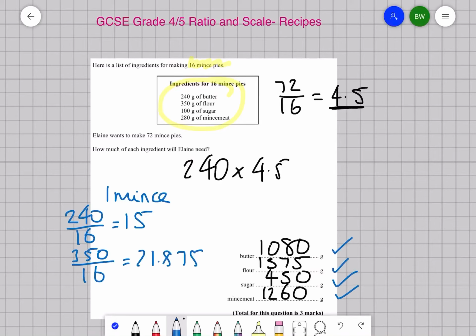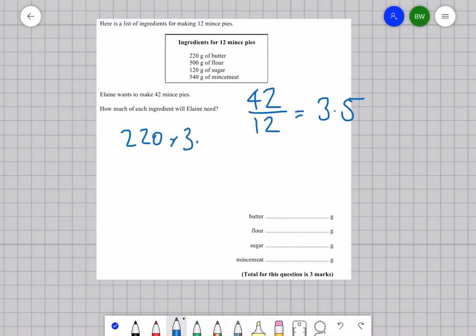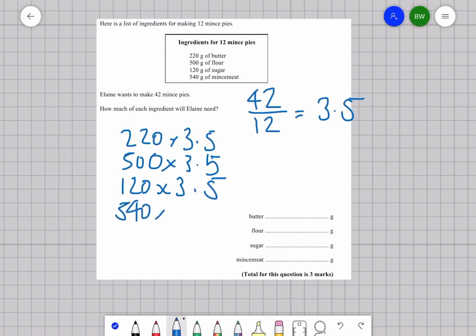So I'm going to do 220 times 3.5, 500 times 3.5, 120 times 3.5 and 540 times 3.5. And they're going to get me the values. So I've got 770, 1750, and again use your calculator for this, 420, and